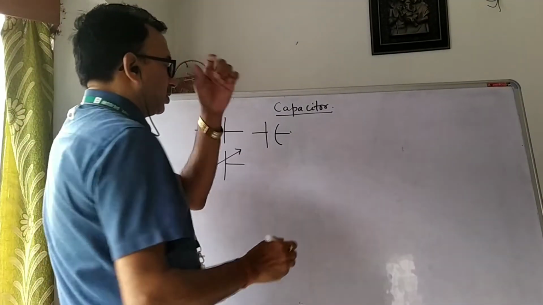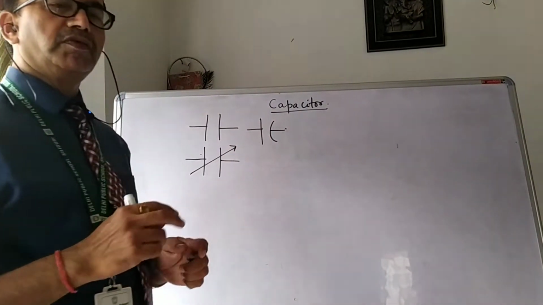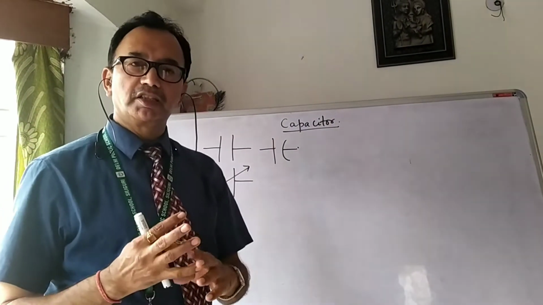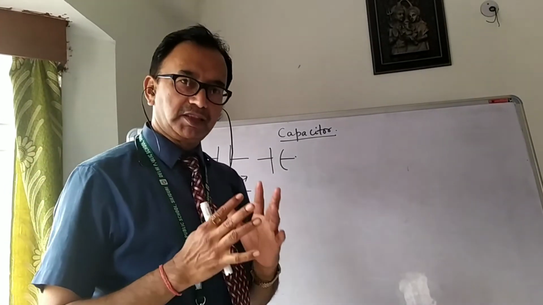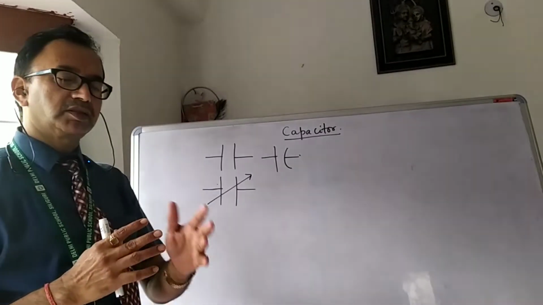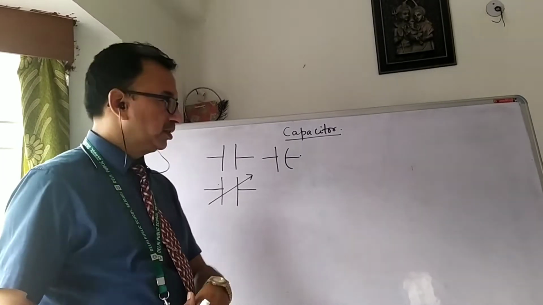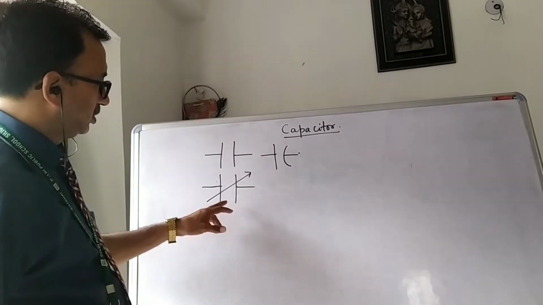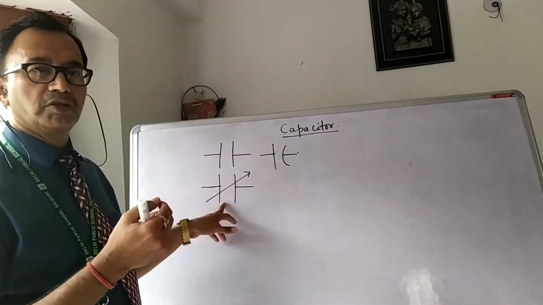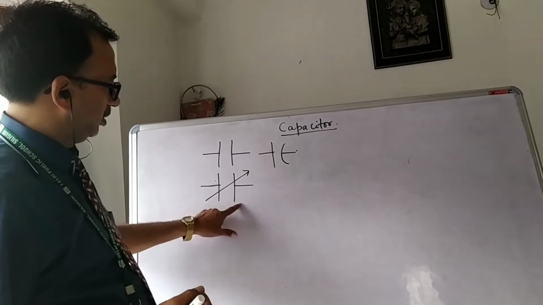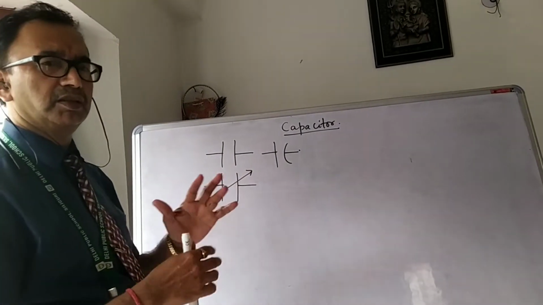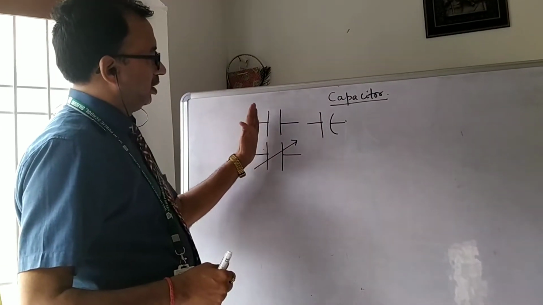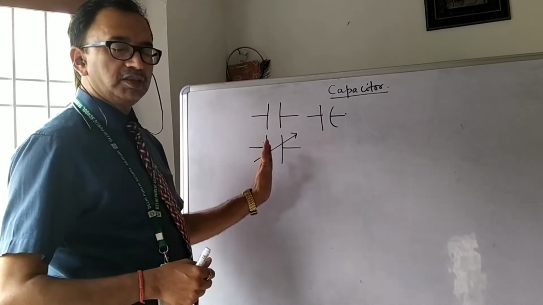And what are the uses of a capacitor? The capacitors are used in various electrical circuits. They are used for charging and discharging actions. They are used as a filter. They are used in various other electrical circuits. Now these capacitors are used for radio tuning purposes. With the variable capacitor, when you are tuning your radio, you are varying the capacitance, and hence the frequency also changes. Now in a capacitor, we are using various dielectric media.